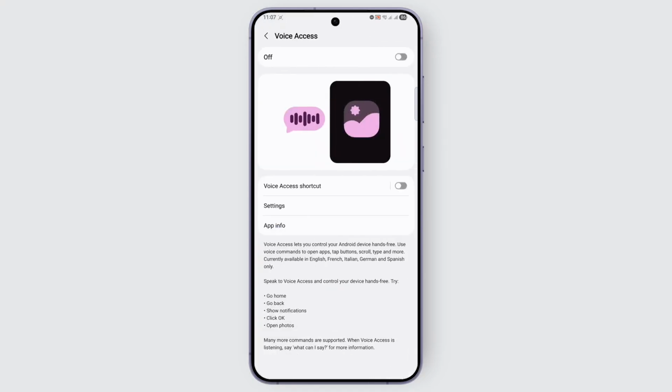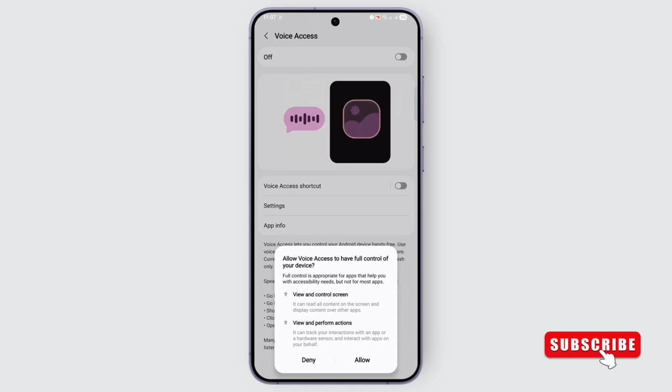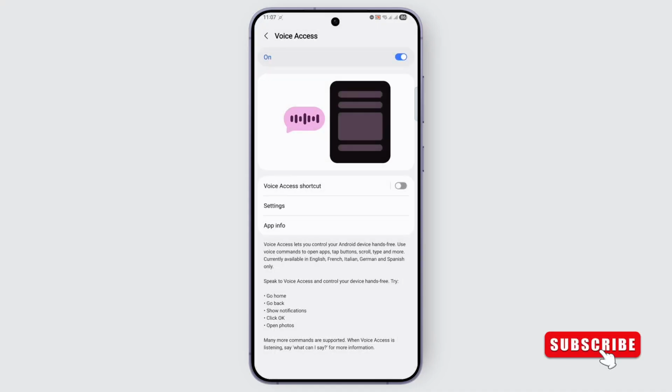Tap on it. So if this is your first time, you need to go ahead and set up your voice access. It will give you a few sentences and words you need to speak up and set up your voice access by following the on-screen prompts. To toggle it on, tap on the toggle button at the top, then tap on allow, and you've successfully turned